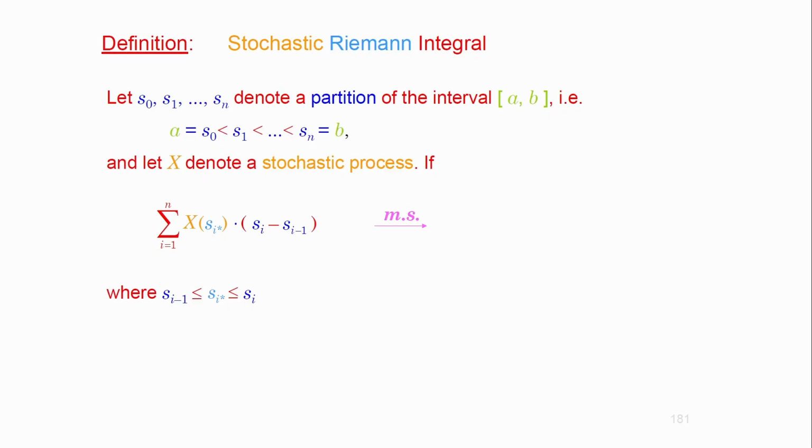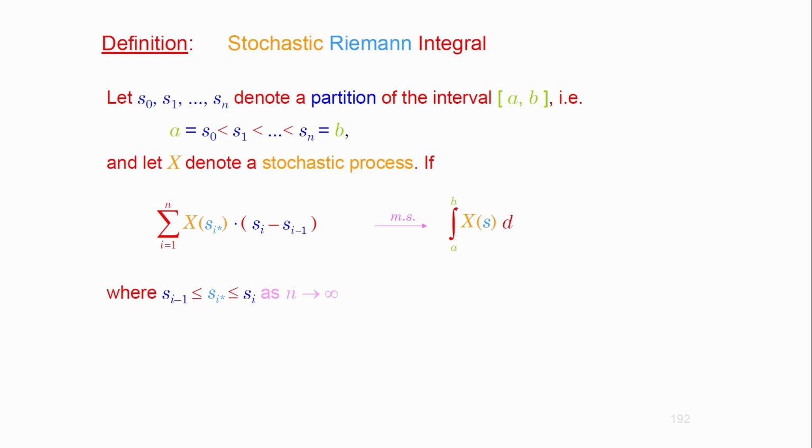And then you have the increments of time, because the x-axis denotes the time axis, as I think you've noticed before. Here I was explaining that S asterisk is somewhere between the upper and the lower endpoint. It can also be the upper or the lower endpoint, or something between. It doesn't really matter, not in terms of the Ito integral. For the Ito integral it does matter, but for the stochastic Riemann version, it doesn't.